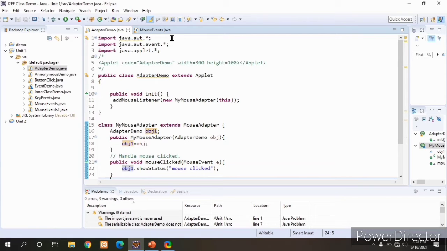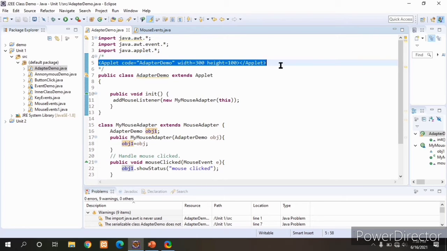Next, we are importing the java.awt.event.* package, which provides all the classes and interfaces related to event handling generated by AWT components. As I am extending the Applet class, we need to import java.applet.*, which provides all the classes that support applets. Next we are writing the applet code here.